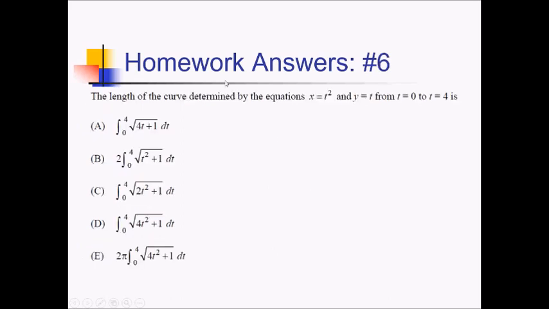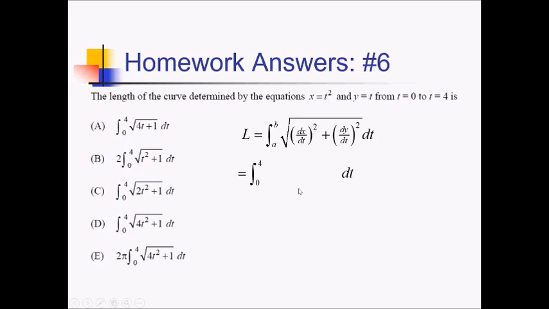For this problem, we want the length of the curve with the parametric equations x equals t squared and y equals t from t = 0 to t = 4. So we're going to use our general parametric length formula. That's the integral from a to b of the square root of (dx/dt) squared plus (dy/dt) squared. So we have the integral from 0 to 4. There we go. All right, so now our derivatives, we have dx/dt, that's just going to be 2t,